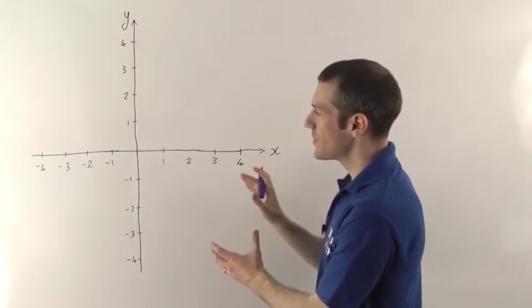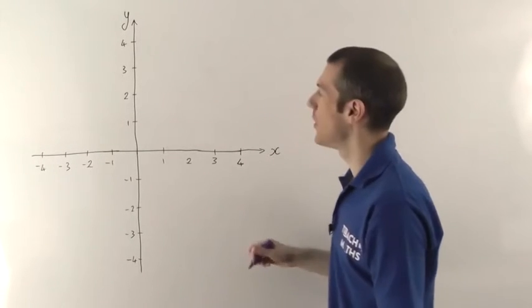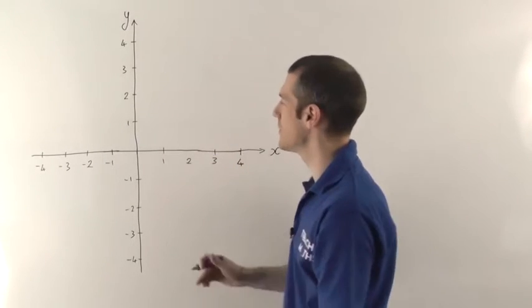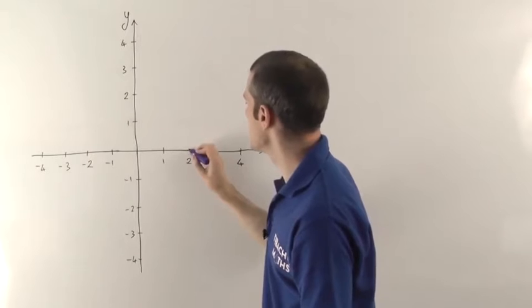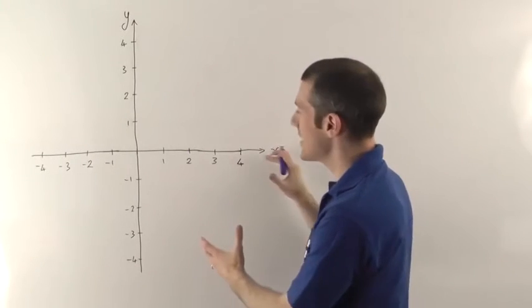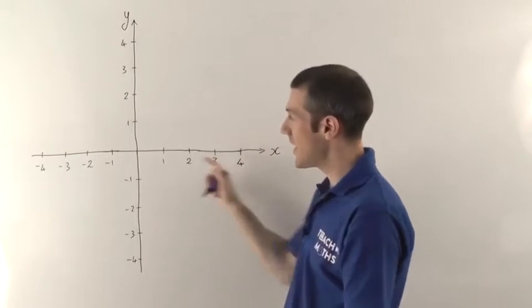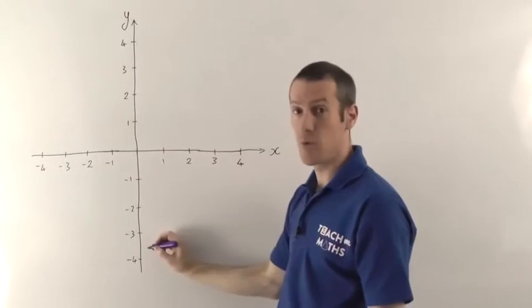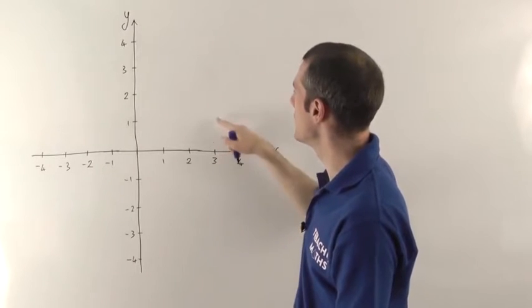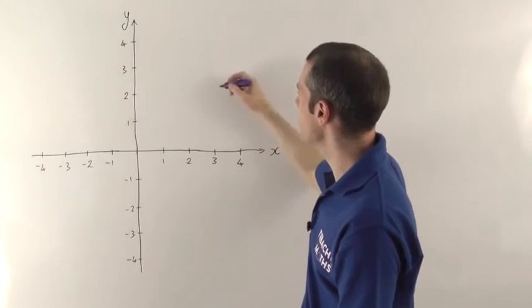So if I want to plot a point on this graph, on these coordinate axes as we call them, then I can express it using the X coordinate, the X number line, and the Y coordinate, or the Y number line. So if we go back to this point where we had 3 and let's say 2 up here,